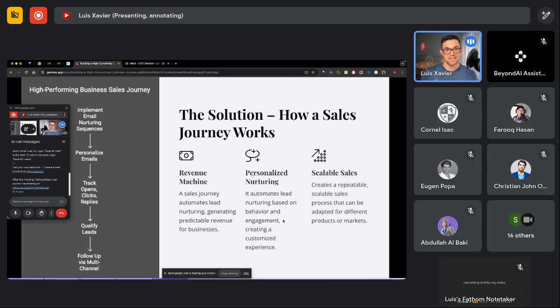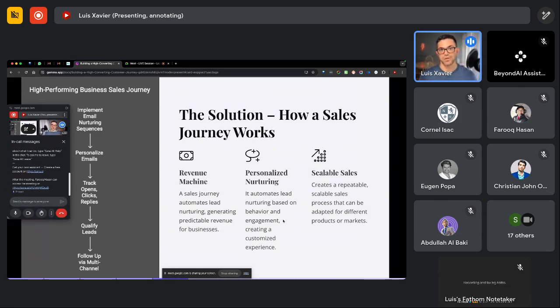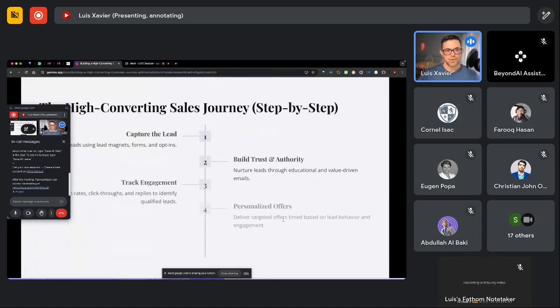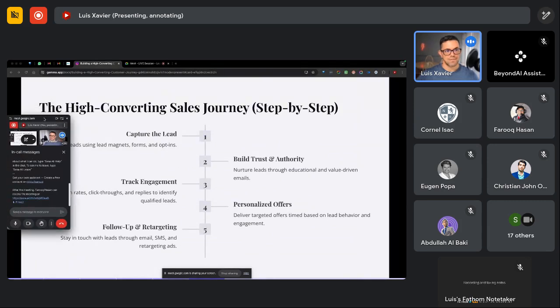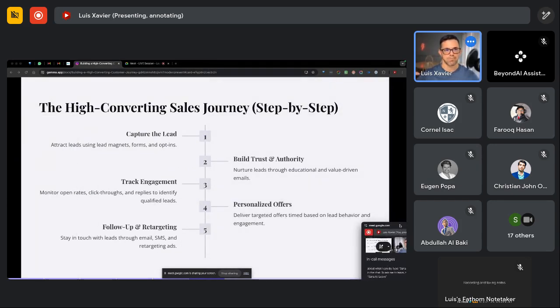And this is exactly what I used to generate $15 million in sales for my clients, okay? And I'm talking about John Purbathy, I'm talking about Jeff Lerner, and some of the big names out there, alrighty? So this is the framework of how the sales journey works. Okay, so first you capture the lead.